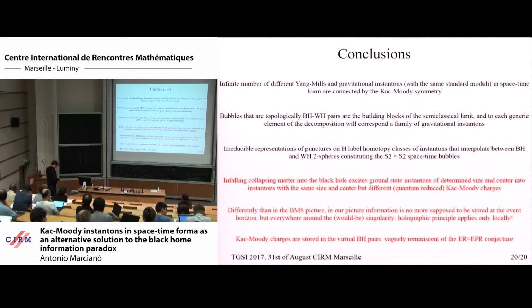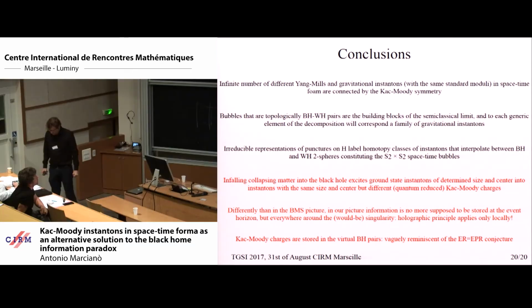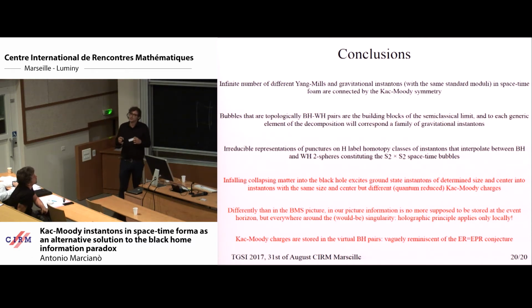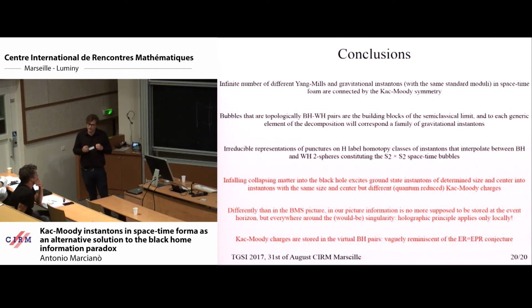There is also something that can be vaguely reminiscent of the ER equal EPR conjecture, in the sense that there is this black hole, anti-black hole, or white hole, which are quantum constituents of this space-time in this picture. Let's say there is an interconnection, in the sense that they are really connected by these Wilson lines in this picture that we consider,